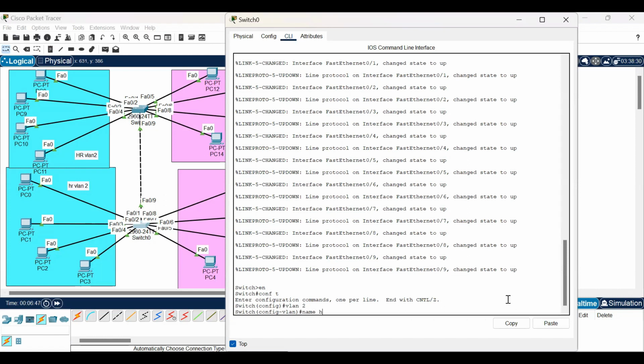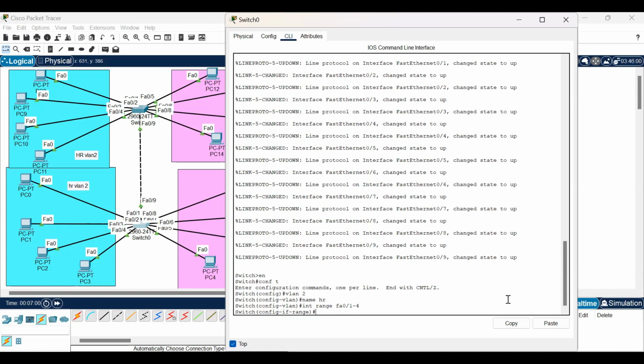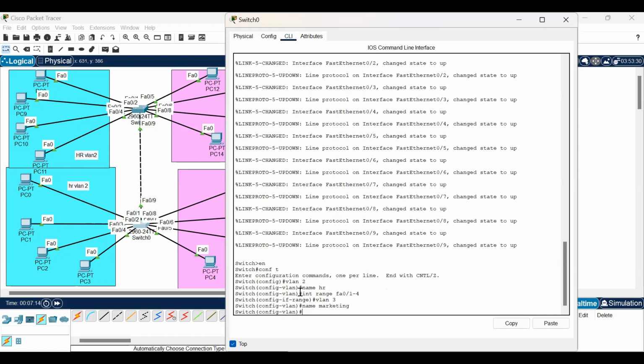Name HR, interface range FA0/1 to 4. Next is our VLAN 3. Oh, sorry. Name marketing. Okay. Interface range,